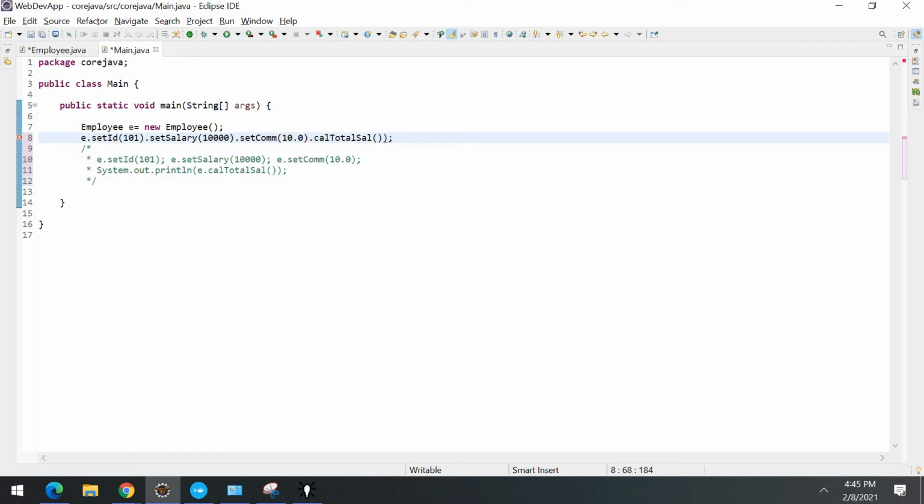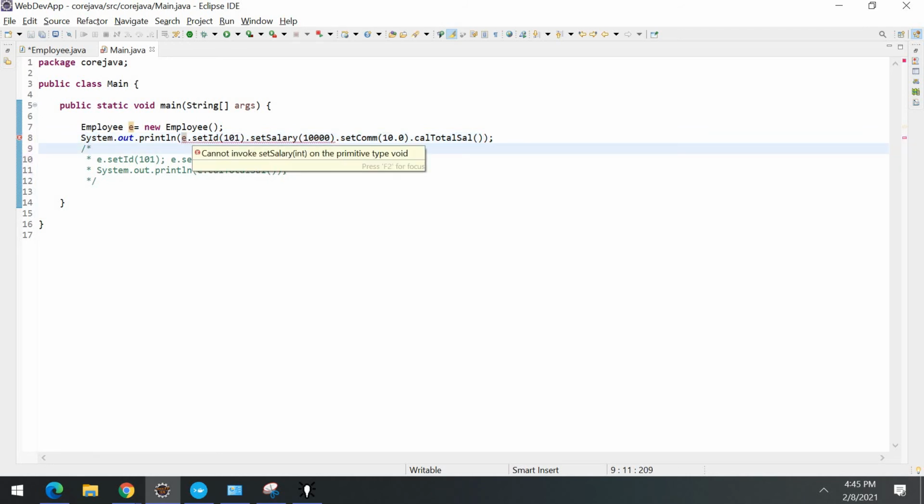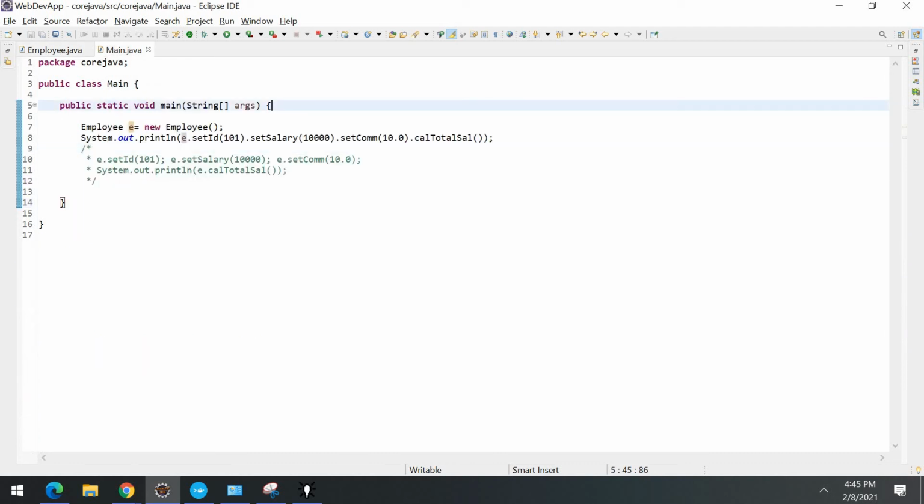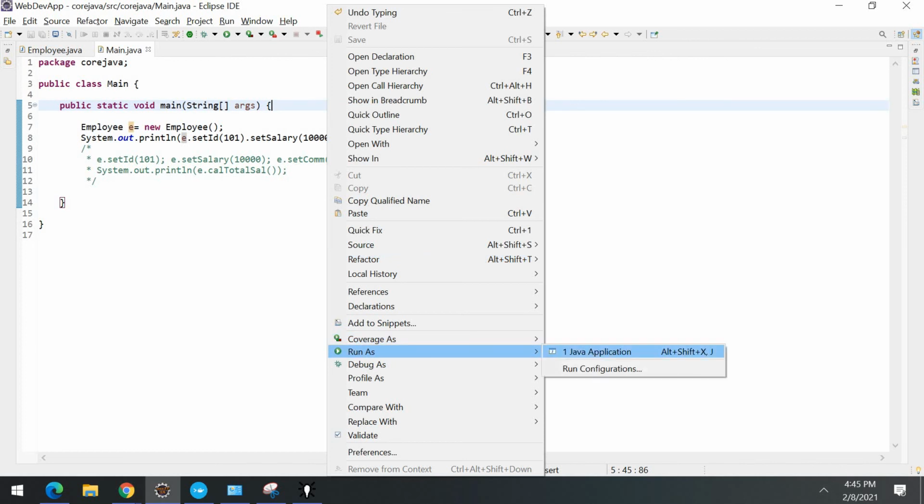Okay, you do this. Also you can take it under sysout, because calculate salary is not returning anything, so we have to take it there. Okay, now let's print it. I think there's some error. What is the error on the primitive type void? Let me check, did I make any mistake? Okay, I think I have not saved it. I just press Ctrl S. Okay, so come here and run this.